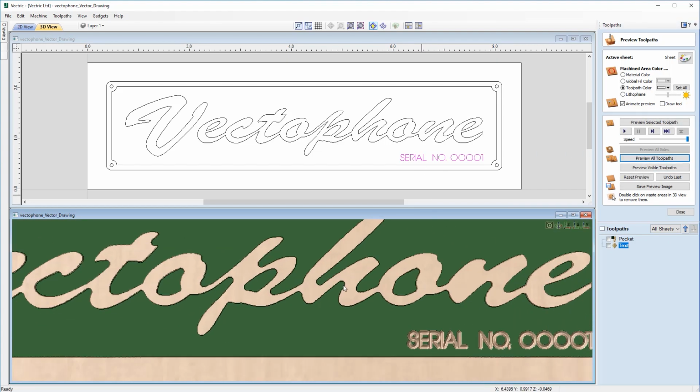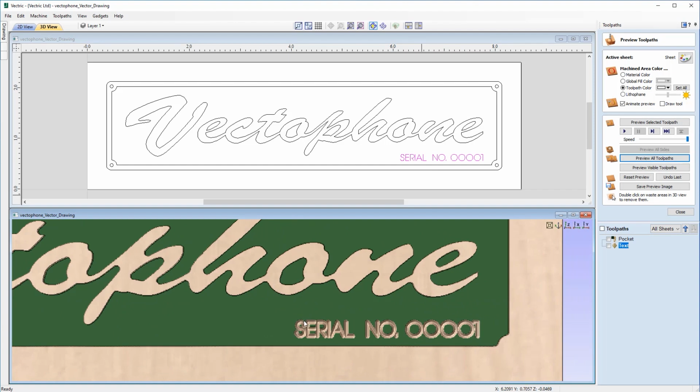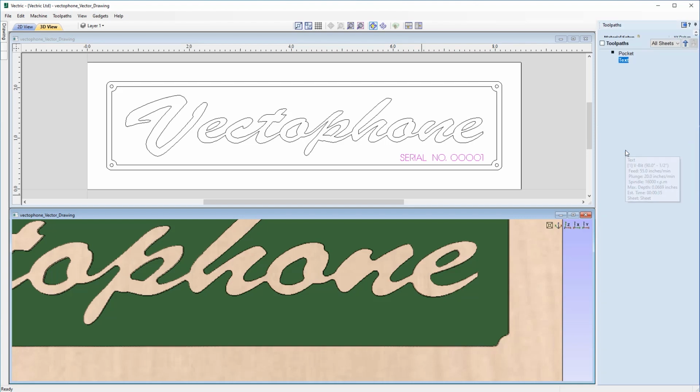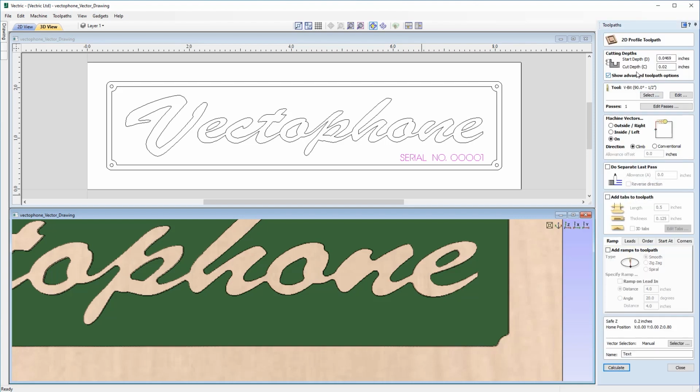And we can see down here in the 3D view by zooming in that the text is actually overlapping into the next character. So this tells us that we might be using too large a V-bit with too big an angle, or that we're cutting too deep. So to address that, we're just going to undo the last object we previewed. We can close out the preview form, and we're going to go back into the text toolpath, and we can look to make some changes. So we could lower the cut depth from say 200 thou to 100, but I think I'm going to change